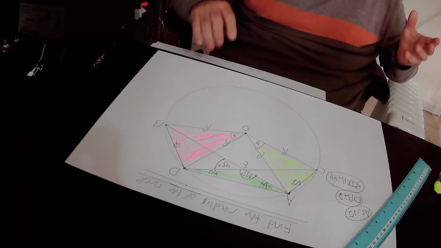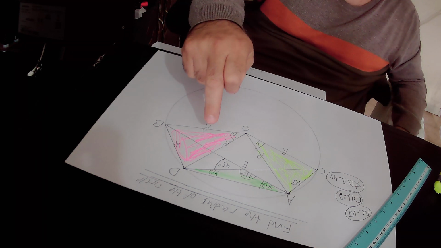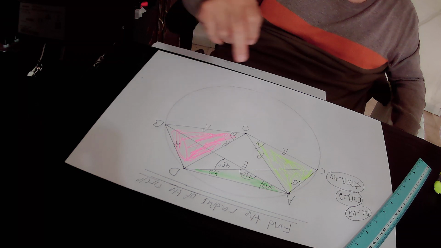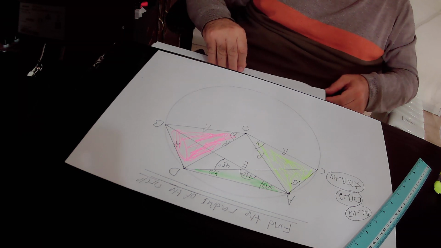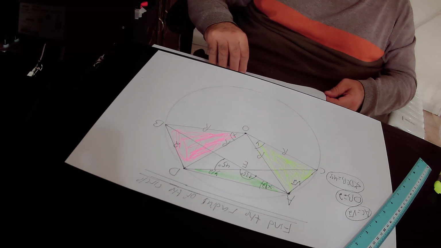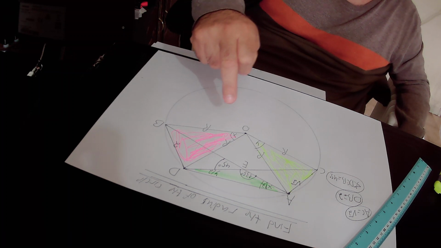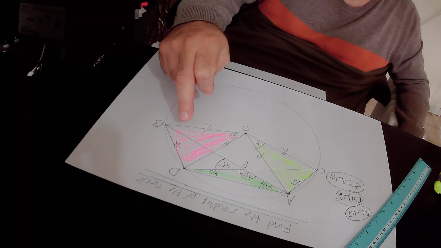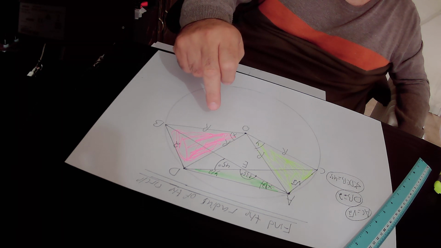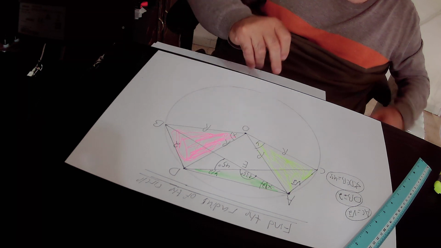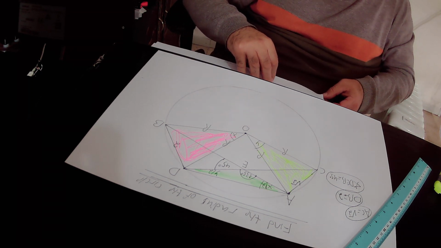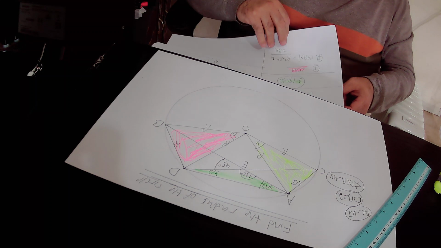Okay, so then we implemented the law of cosines in the pink triangle DOB. According to the law of cosines in the pink triangle DOB, cosine x equals r squared plus r squared minus 2 squared, 2 squared is 4, over 2 times r times r. I repeat again, in the pink triangle DOB, according to the law of cosines,